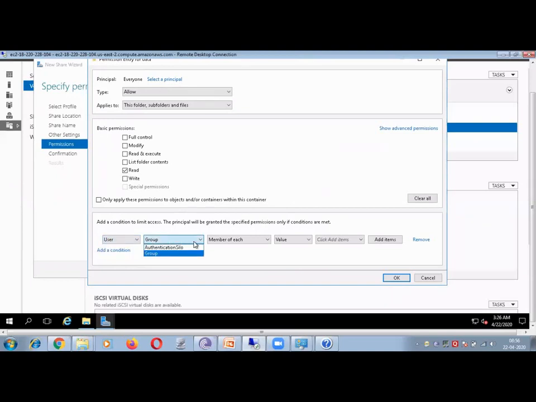Authentication silo, we do not have anything. Go to member of each. So say, for an example, not a member of any particular group, or a member of only a particular group. It means that until and unless this user is a member of, let's say, a finance group, they cannot get the access. Even if I explicitly assign the permission to the user, they are not able to get the access at all. So we can define the condition also.